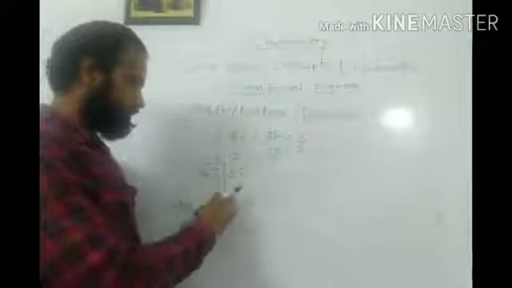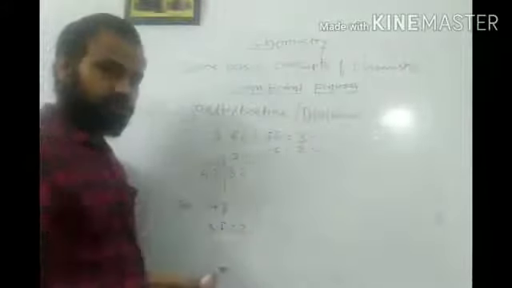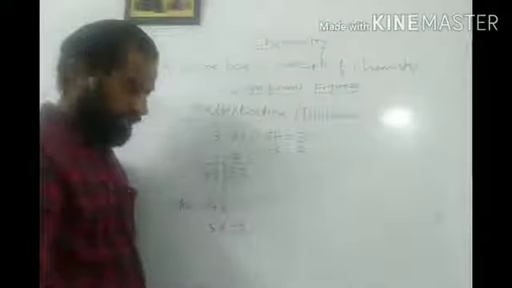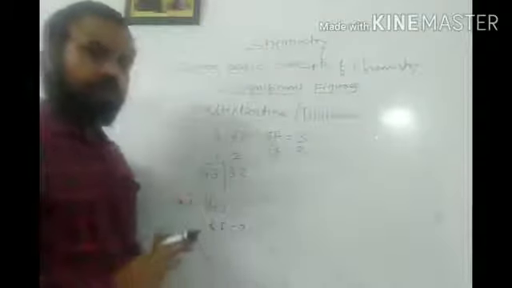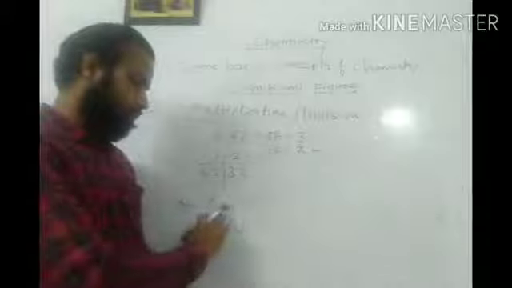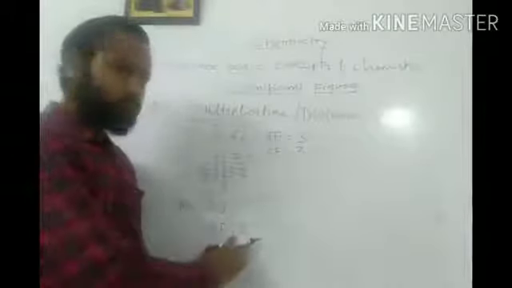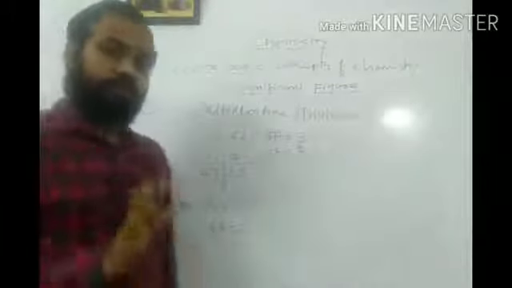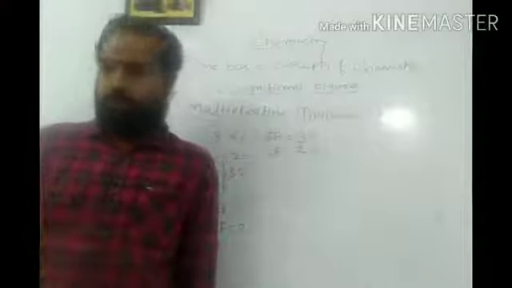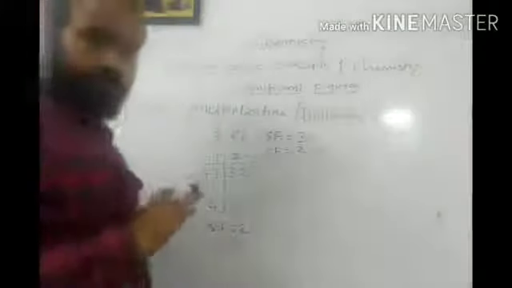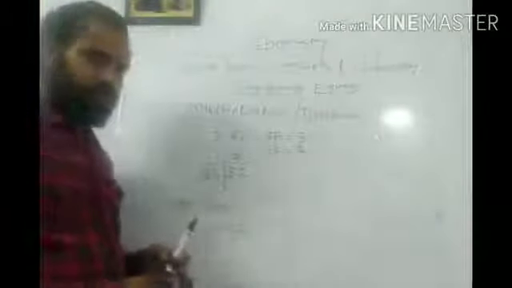So if I restrict this, these two digits are non-zero digits, and I will get the answer as 4.3, and the significant figure is 2, which matches the minimum significant figure criteria. In this way you can multiply and divide significant figures very easily. Then you can solve as many examples as you can.